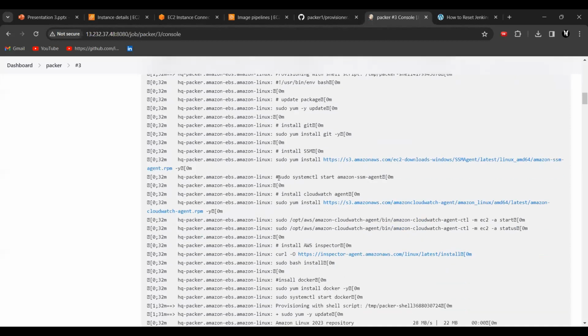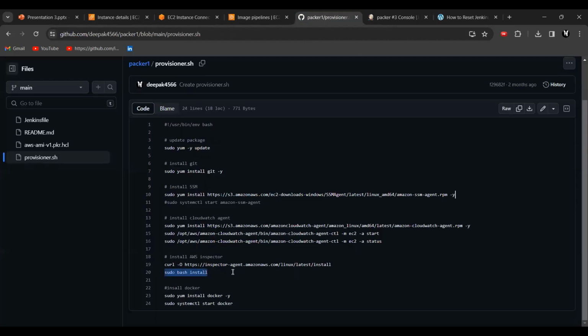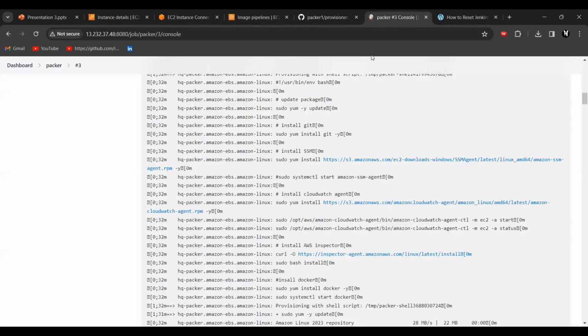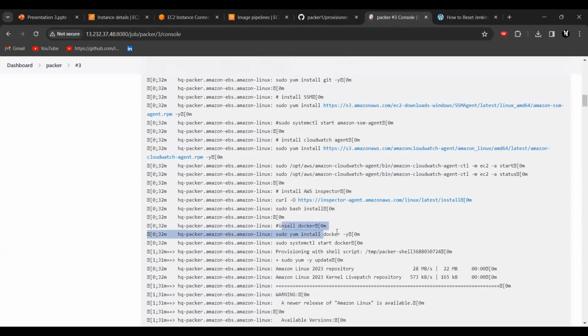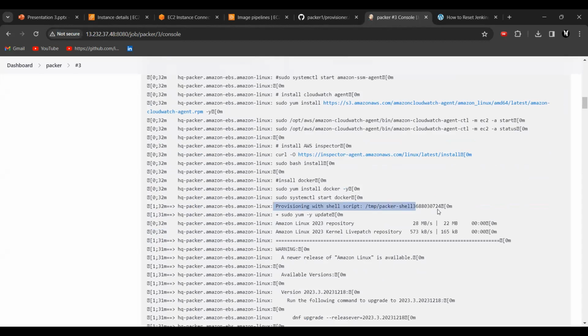Yes, SSM agent, CloudWatch agent. As I said, you will be installing this CloudWatch agent. You will be installing AWS Inspector. As I said, AWS Inspector, curl -o AWS Inspector. It is installing Docker as well. It is starting the Docker service so that Docker is ready to use. Provisioning with shell script. It is just closing the shell script.